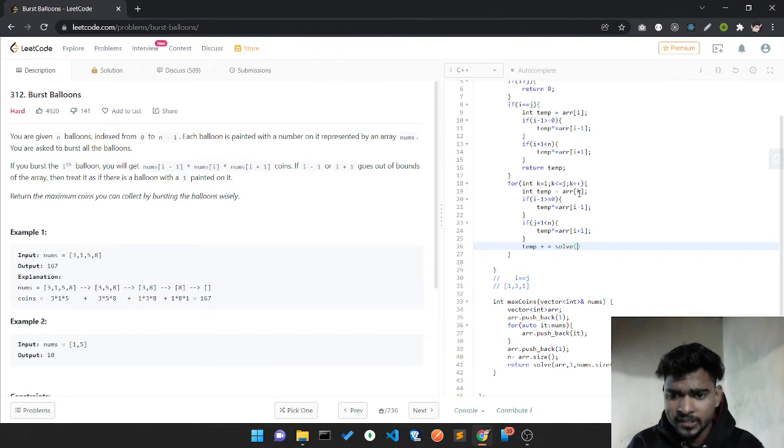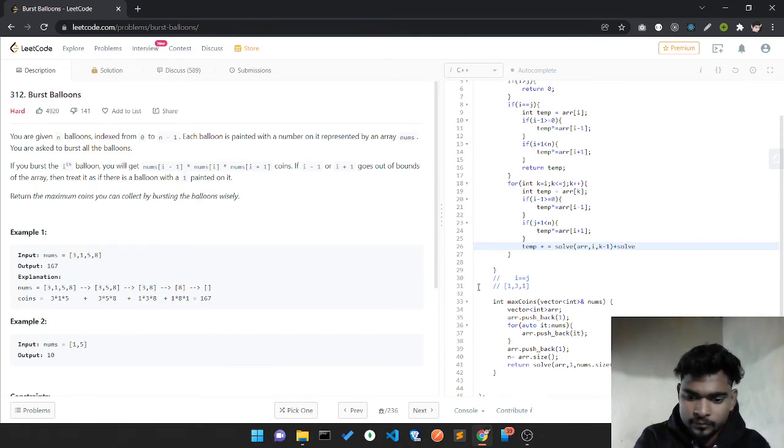If I pick this k, one part is this and one part is this, and I'll remove this 5. For removing this 5, I'll call my same function, but with starting index i to k minus 1, neglecting this 5,